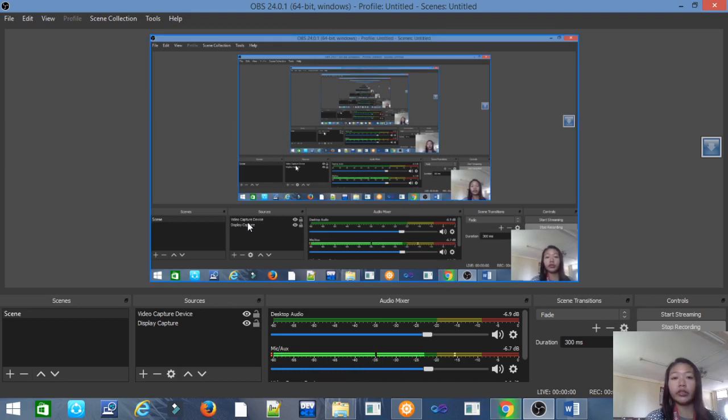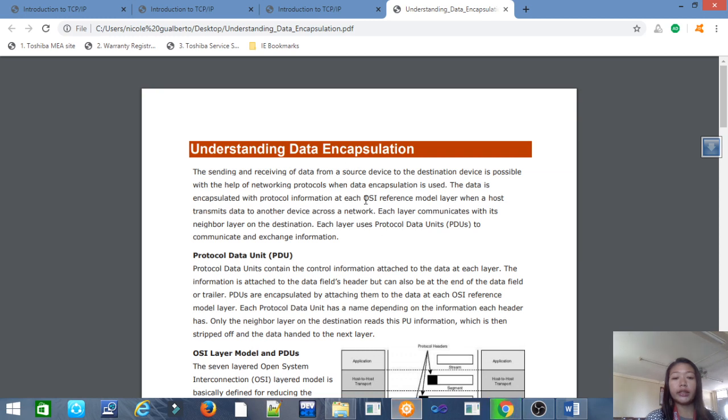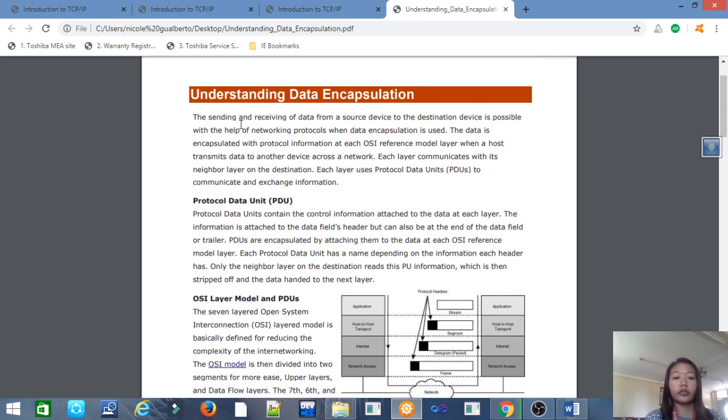For the next video, I will discuss data encapsulation. Sending and receiving data from a source device to a destination device is possible with the help of networking protocols. When data encapsulation is used, the data is encapsulated with protocol information at each OSI reference model layer